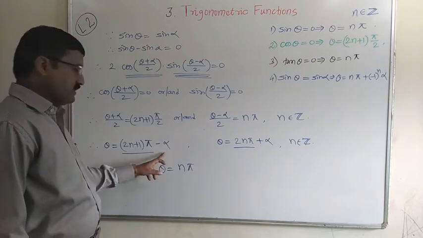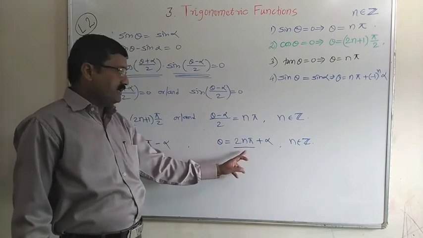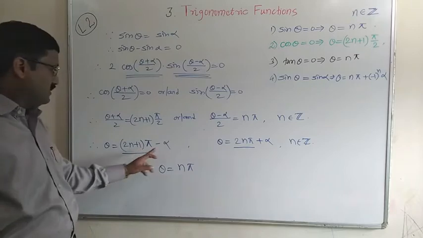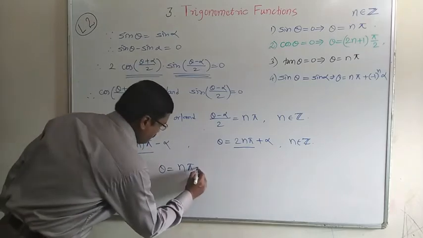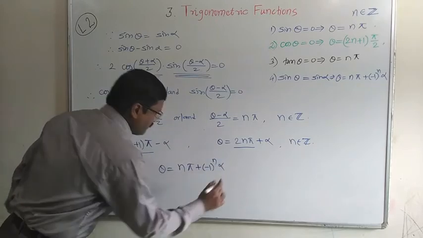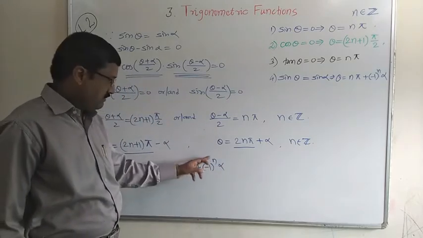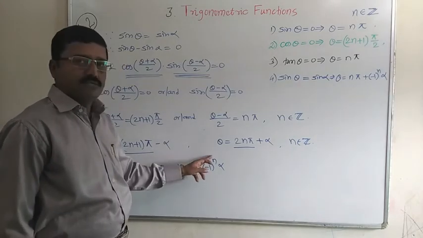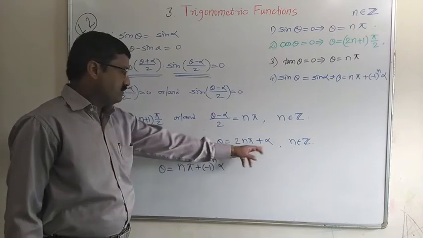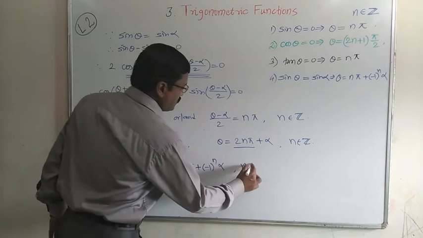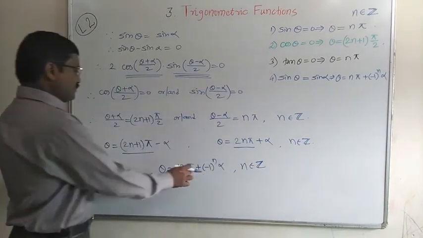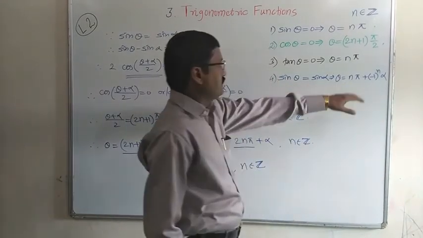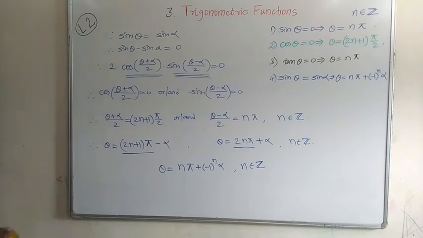But in this case alpha is negative, here alpha is positive. Whenever n is even, alpha is positive. Whenever n is odd, alpha is negative. So can we write this as minus 1 raised to n into alpha? Whenever n is odd, minus 1 raised to an odd number is negative alpha. When n is even, minus 1 raised to even is positive 1, so we get plus alpha. So this will be the common solution for these two general solutions, the most general solution for this trigonometric function. Sin theta equal to sin alpha implies theta equal to n pi plus minus 1 raised to n into alpha.